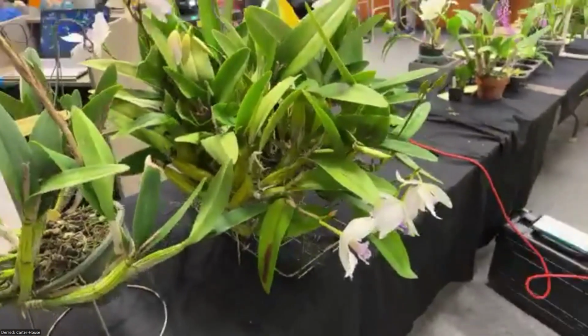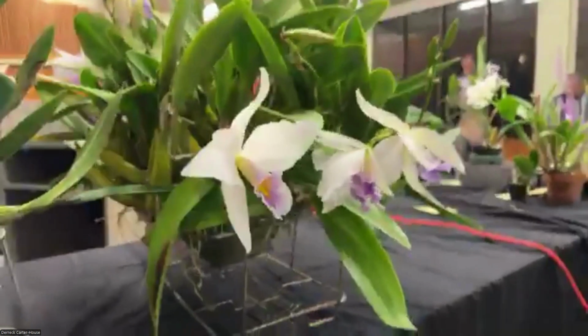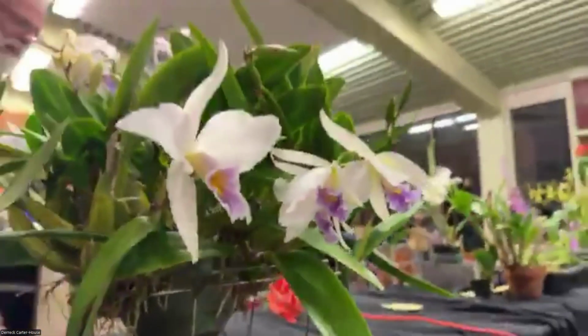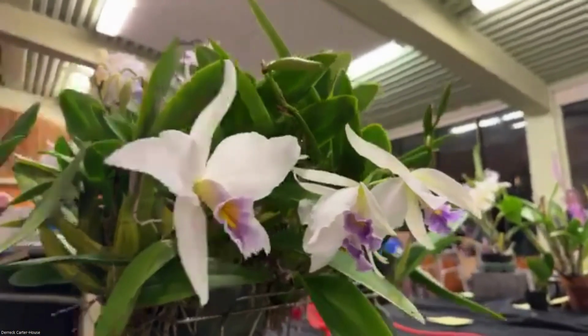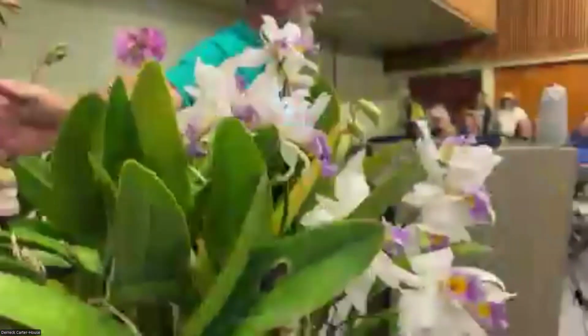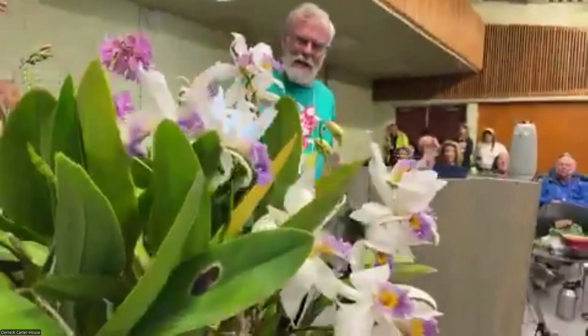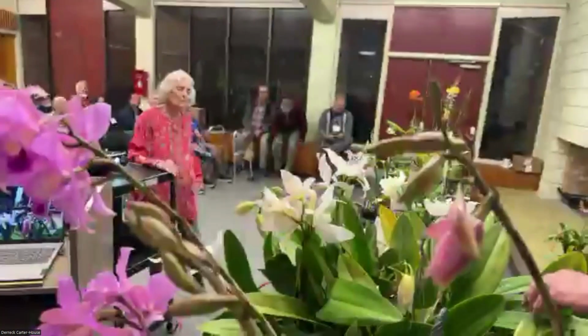Okay, this one is Laelia novissima, Helena's Pride and Joy. That's anceps by gaskeliana. The snails got to a lot of it, and I carved off a bunch of it over here. I have a hole in the greenhouse roof, and it burnt all the way across the side of the plant. So one side of it got fried. This one here, the tag is here, was